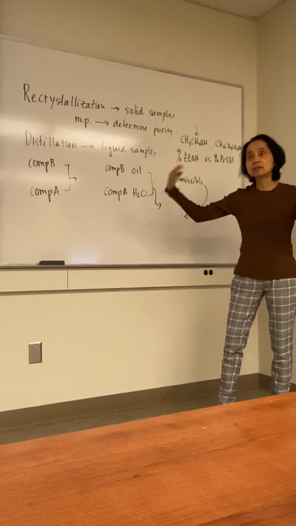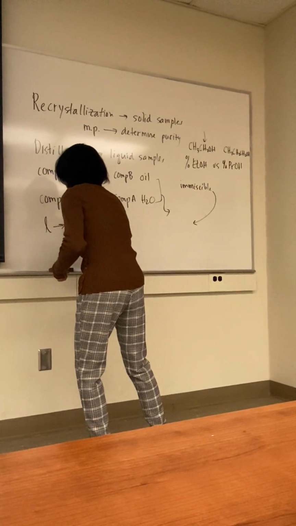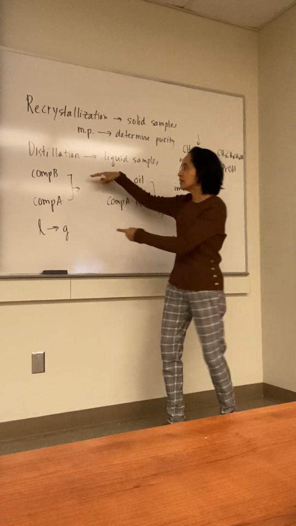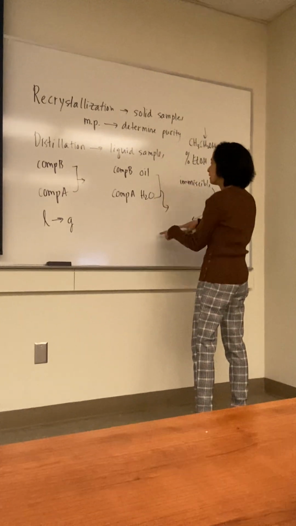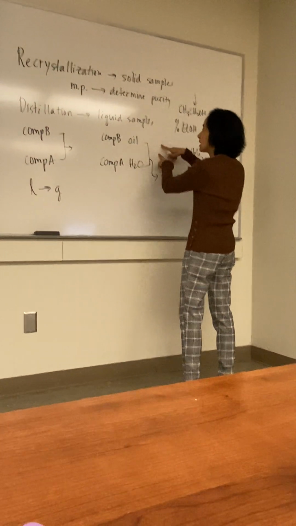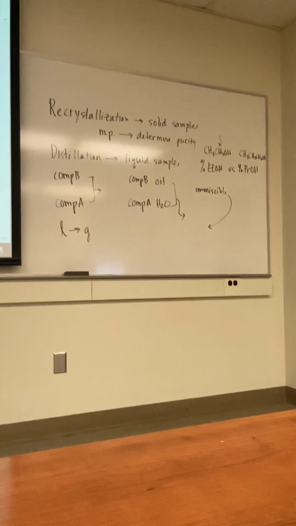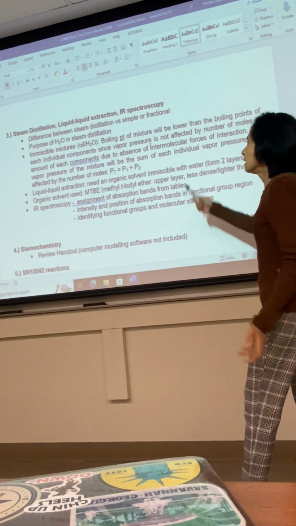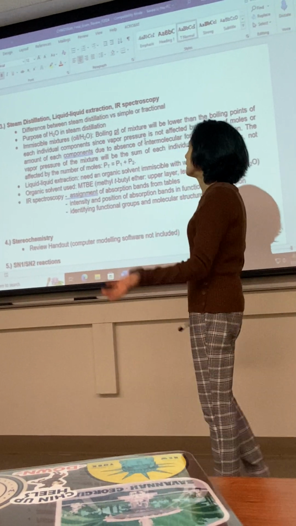When it's mixing, there's an interaction. So to convert a liquid to a gas, if it's interacting, you're going to break the interactions. That's why it's actually in between. But for this one, there's no interaction between water and oil. The boiling point is going to be less than the water. So you avoid heating it up so much and avoid the decomposition of the oil. So therefore, if you compare the total pressure, the number of moles did not get into the equation, right? There's no n in here. So it's independent of the number of moles.